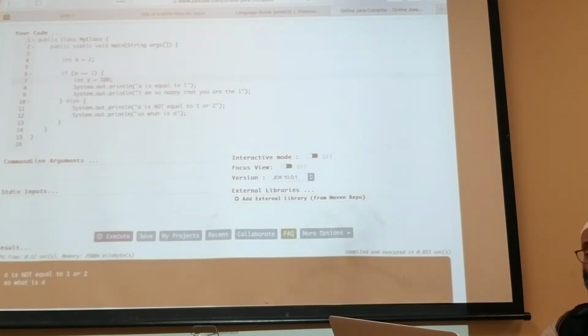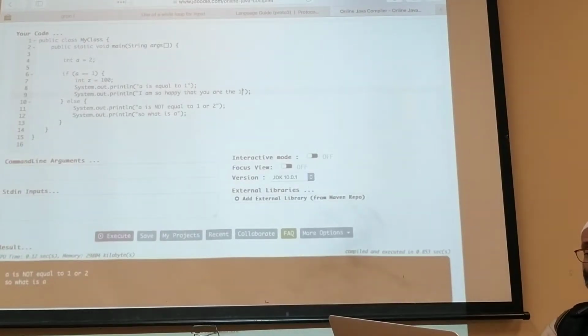And then I also print z, right? a has to be 1, right? a is equal to 1. z is equal to 100. Fine. This is good. But what if